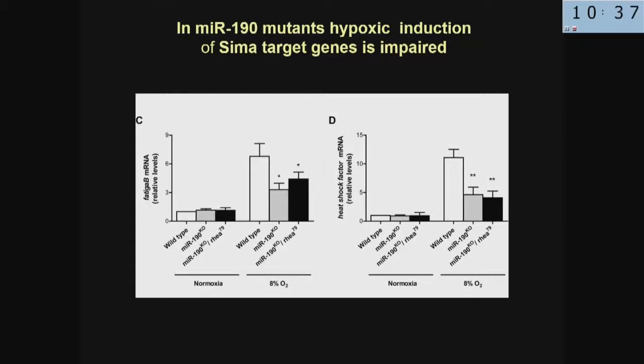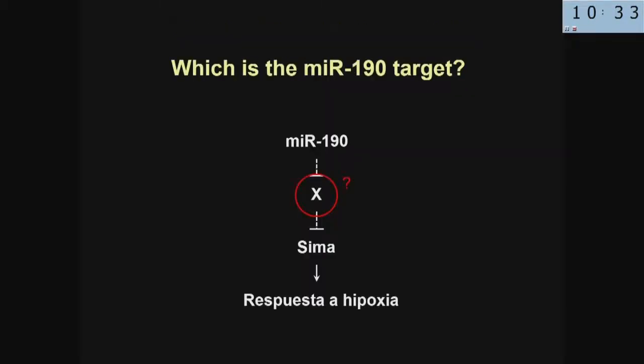This is true for the two genes that we tested. So we were confident that miR-190 was really controlling the response. The next obvious question was, what was this X protein, the miR direct target